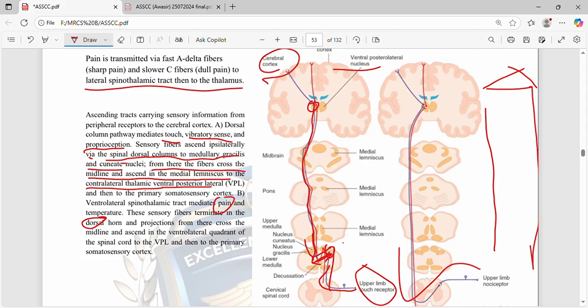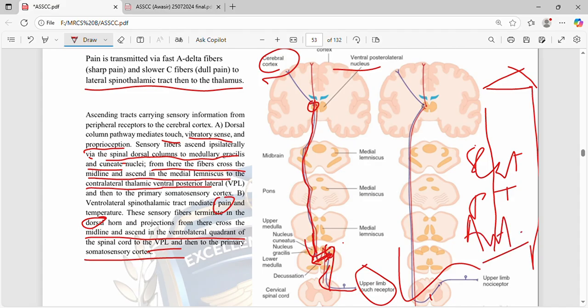These sensory fibers terminate in the dorsal horn and project from there, cross the midline and ascend in the ventrolateral quadrant of the spinal cord to the ventral posterior lateral thalamus, and then to the primary somatosensory cortex. So this is the pathway. You have to remember that the lateral spinothalamic tract carries pain and temperature, whereas the anterolateral pathway carries crude touch and pressure, whereas fine touch and proprioception is carried by the dorsal column